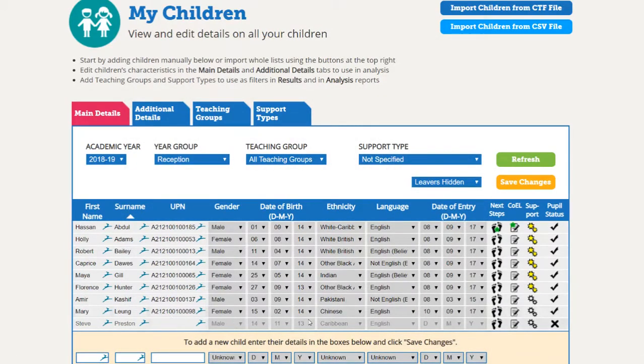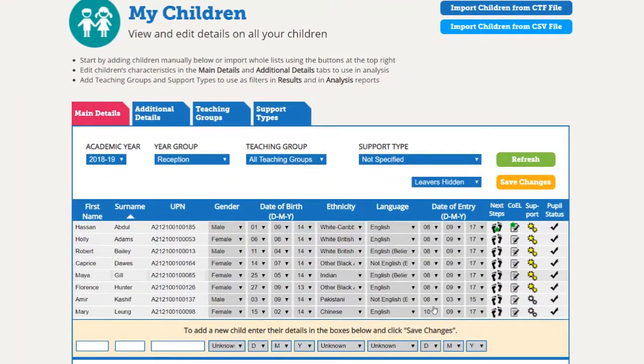Now see that Steve is greyed out, which basically means he's not in the system for 2018, but he did exist in the system prior to that. I've also got this option here which says leave as hidden or leave as shown. If I want to remove or not show young people who left the setting a while ago, I can make sure that it says leave as hidden. If I refresh now, we'll see that Steve will disappear. So he's gone, which is particularly useful if you're a school and you've got, let's say, 60 children every year disappearing from the system and you don't want a long list of children appearing on your My Children page. If I go back and show leave as shown again and click refresh,